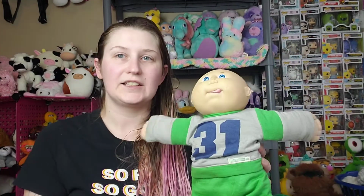So got this little guy, and he's got his outfit. So I'm gonna get him cleaned up and add him to my collection, which is kind of a rarity for me. Usually, you know, I'm just looking for pretty specific, kind of more special kids nowadays. But yeah, I was able to thrift a Cabby for my collection, so that was very cool. And then I also got